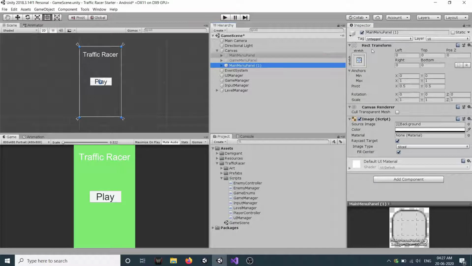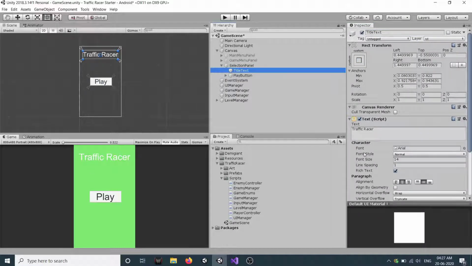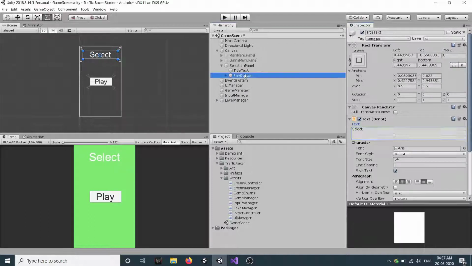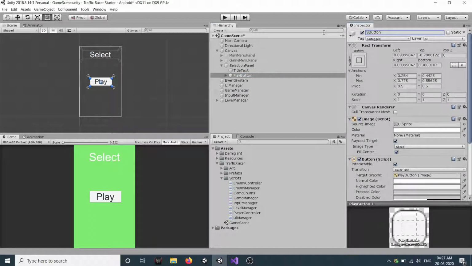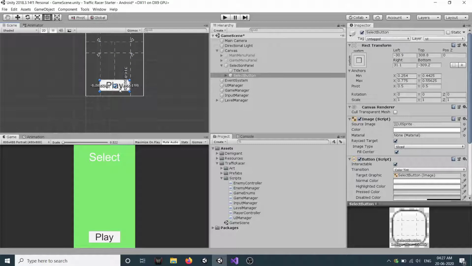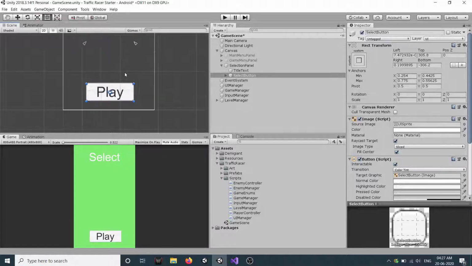Select this duplicate one, change its name to selection panel, and instead of calling it traffic racer we'll call this select. This won't be a play button, this will be a select button. And let's move it down here like this. Let's anchor it also.